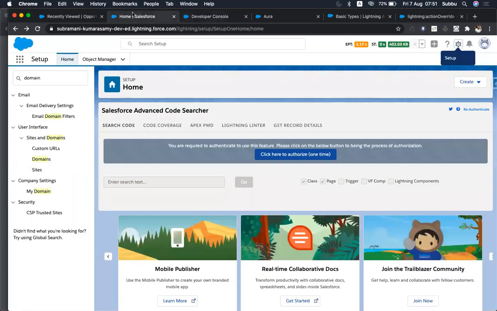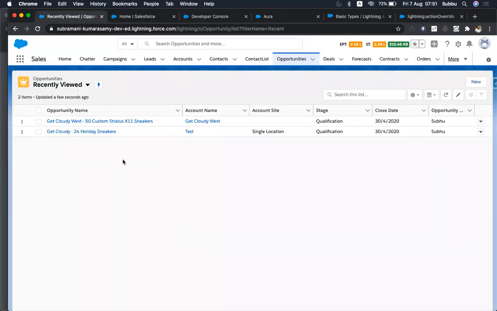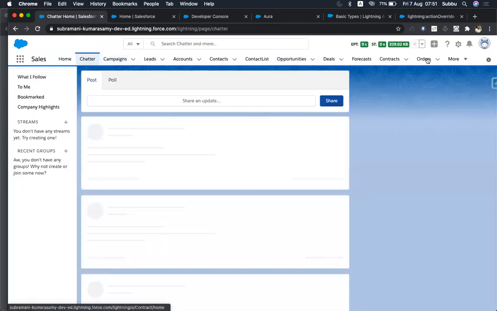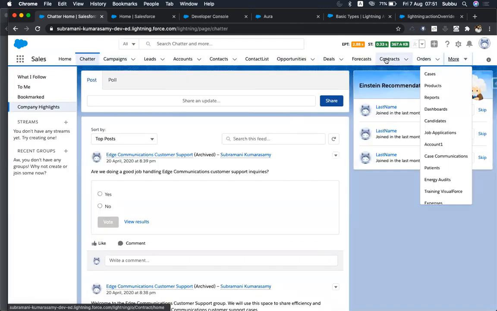At a high level, you can create a lightning application, a brand new application like this Sales, right?